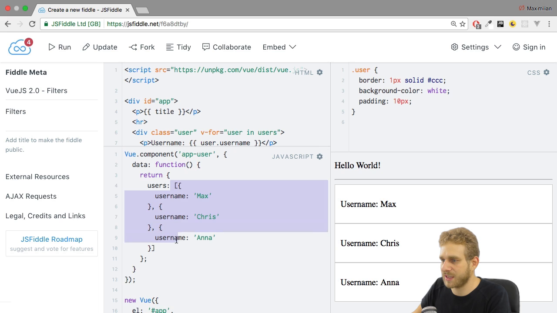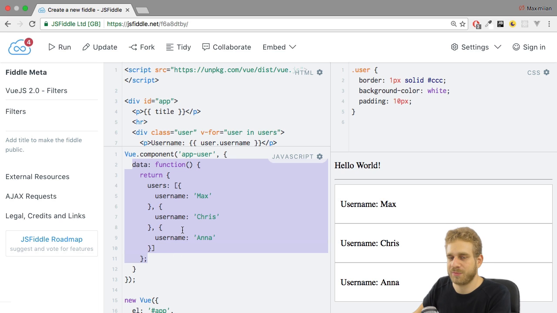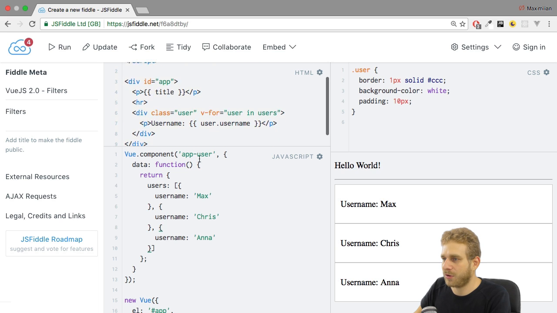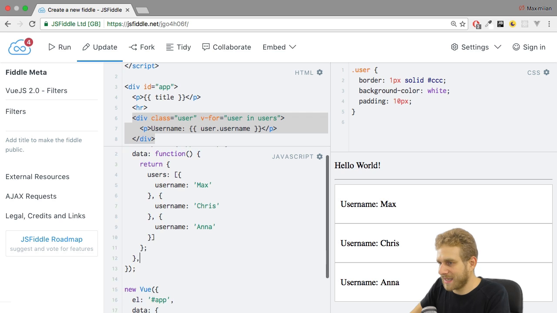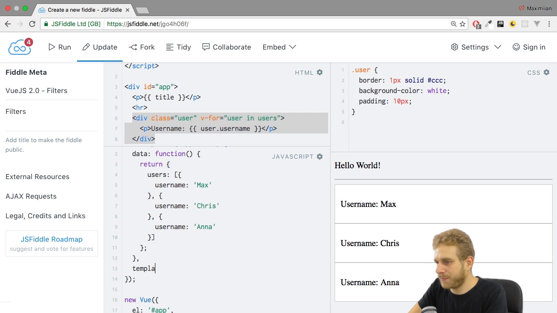So here are the users in this newly created component, which again is like a Vue instance with this extra data thing here to make sure we're not sharing data across same components. And what this allows me to do now is to also get rid of that, I would say. But for me to be able to get rid of that, I also need to set up a template. So let's add a template here by adding the template property